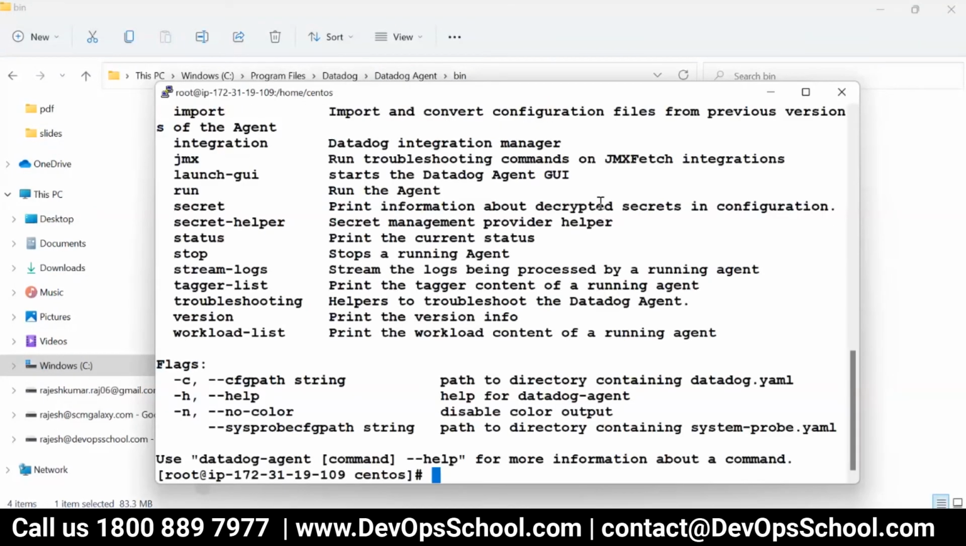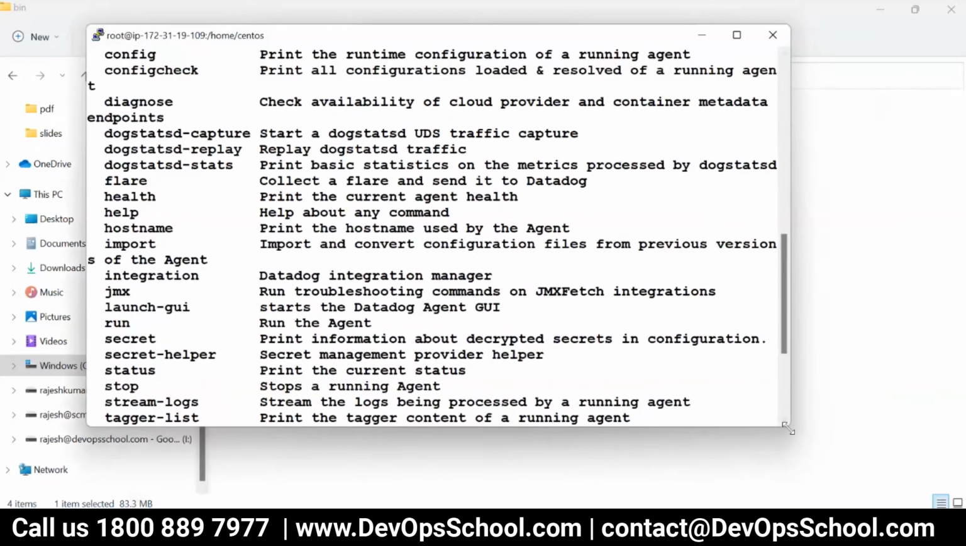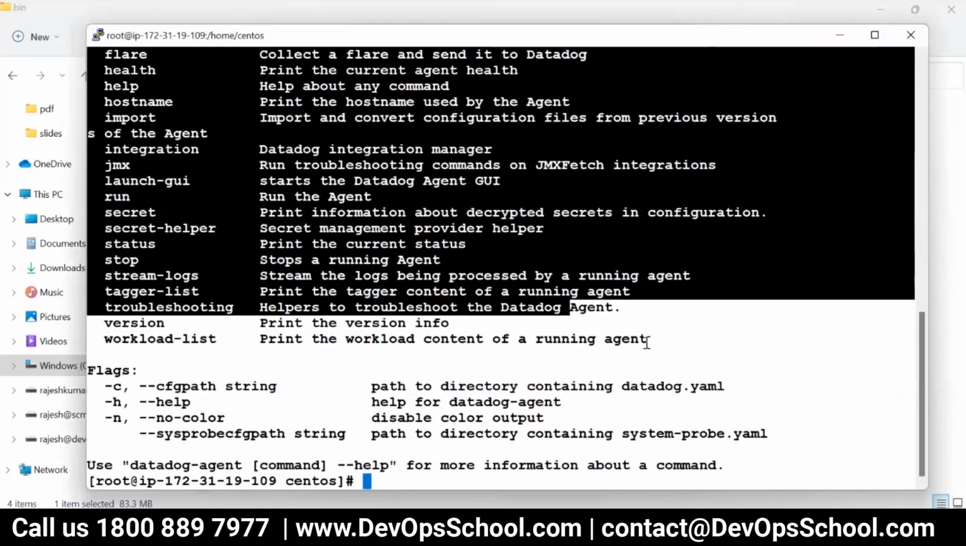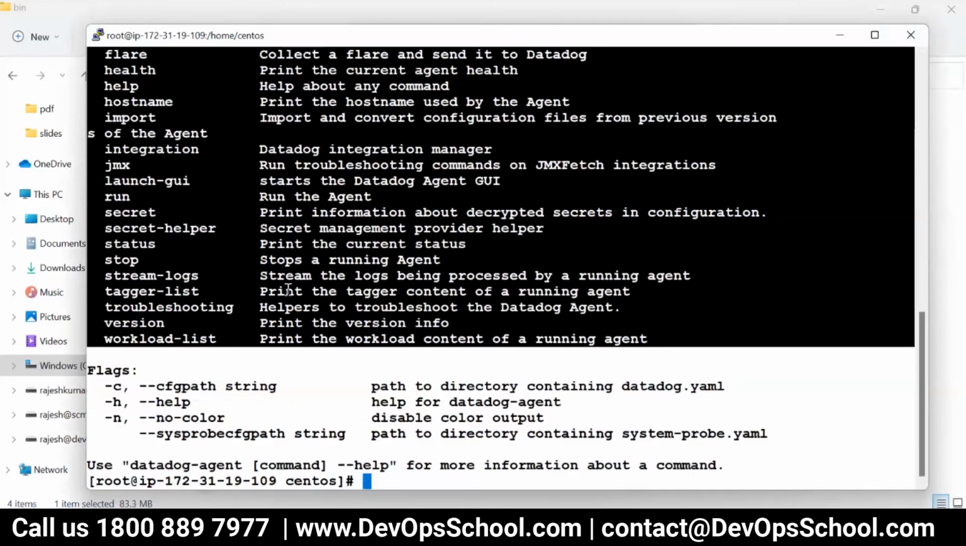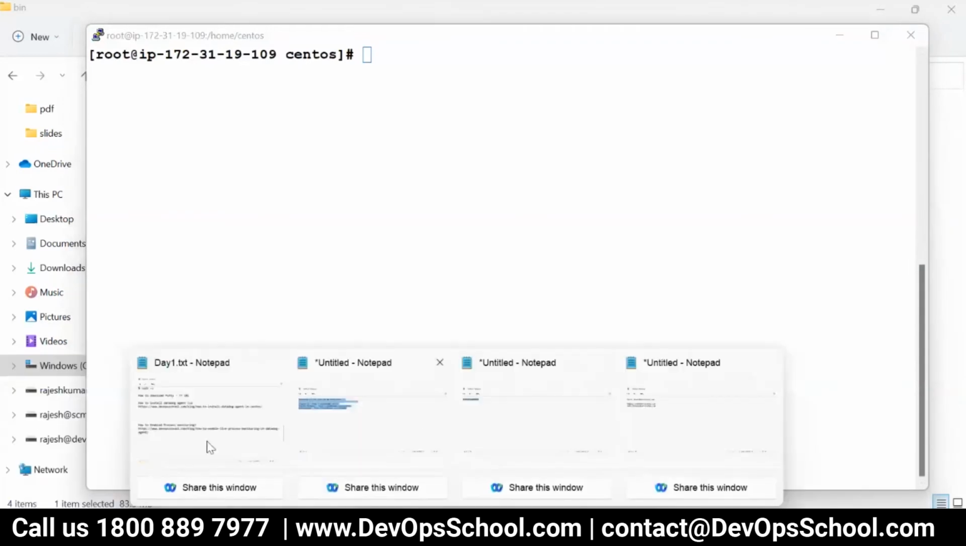Now these are the commands. If you want to be a right administrator for Datadog, you have to learn all of these commands actually. Right now I'm not asking you to learn every command, but learn some of them. But how can you learn from this? So what I have done, go to this URL,